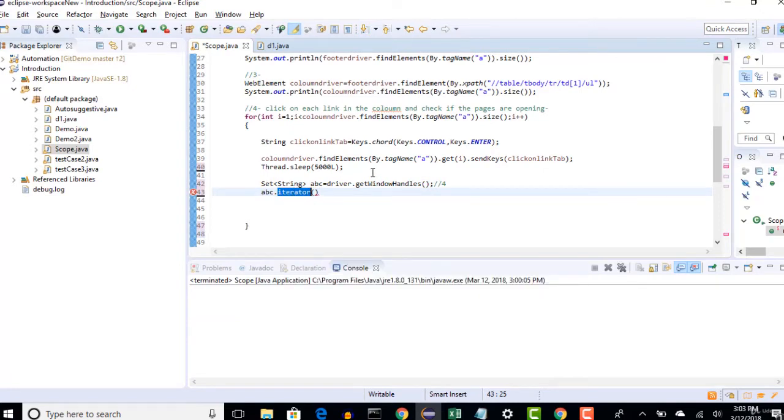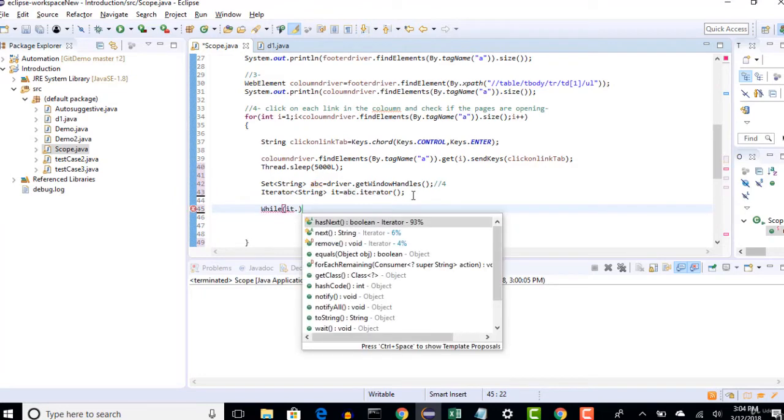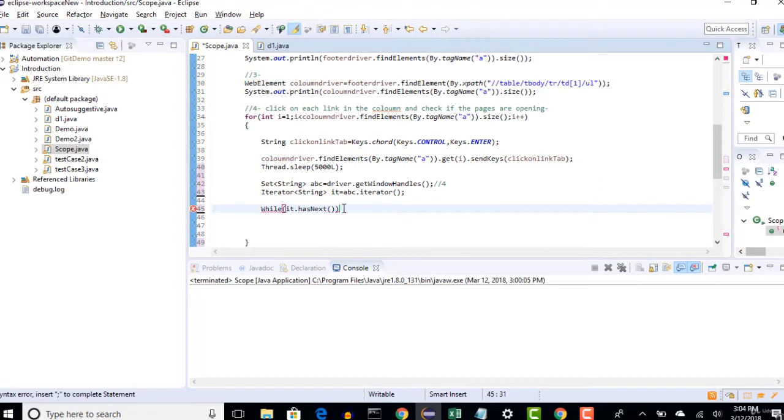Once we move to that window ID, we will switch to it. So this way the iterator helps us. I can use Iterator as a return type, and that also accepts String. So it equals, perfect. Now while it has next, what does that mean? We are asking if the first window is present.